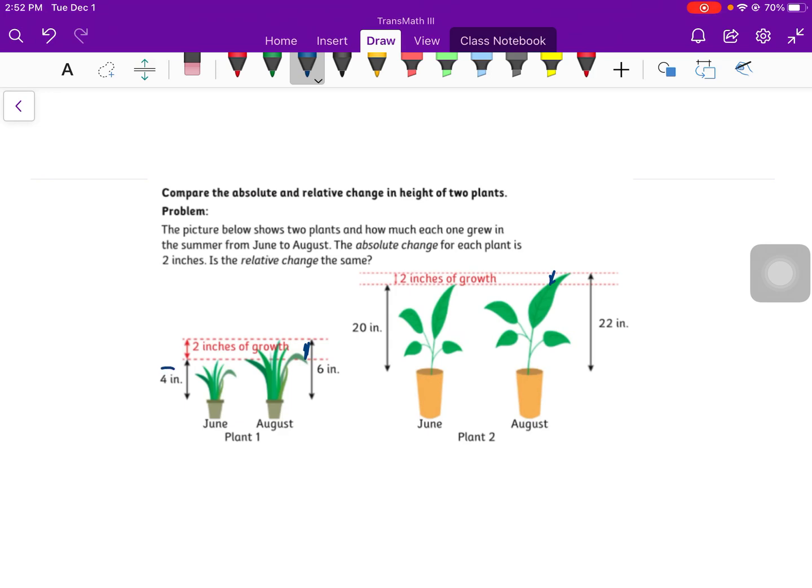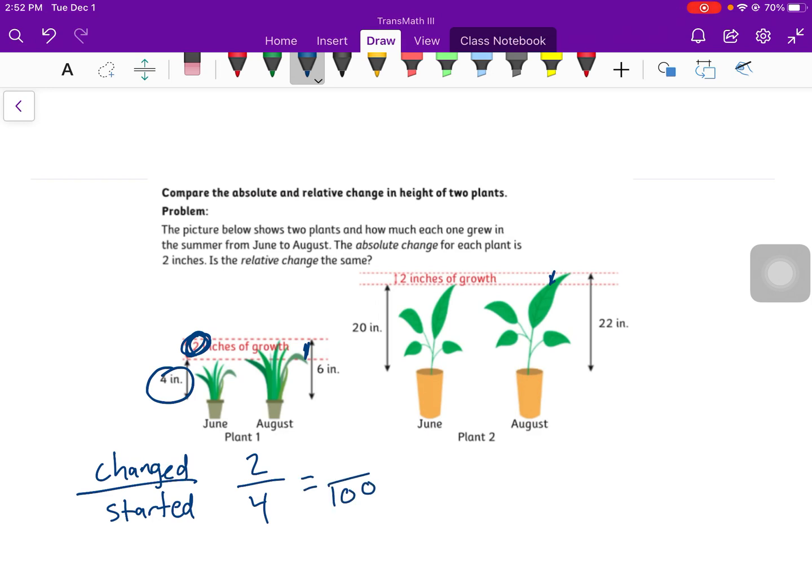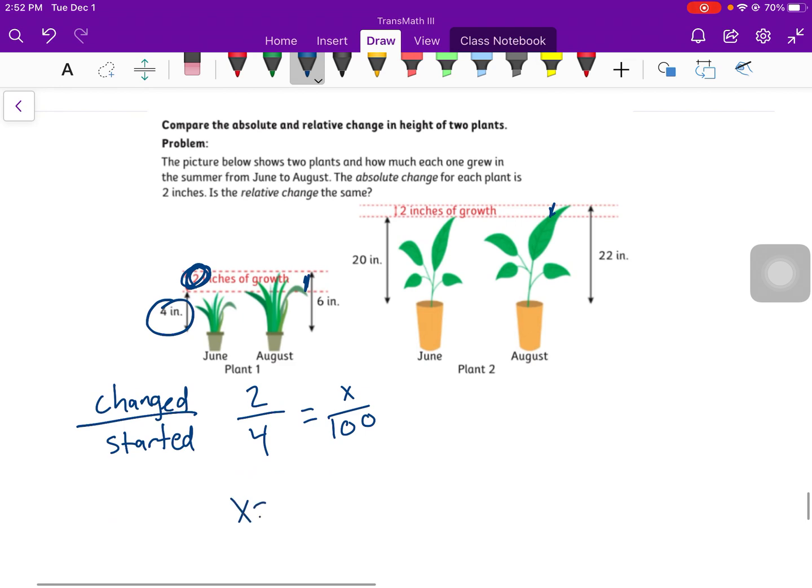So the percent growth, we compare from the original. So this one started at 4 inches and then went to 6. So the change was 2, so I need to find a percent. So I'm going to take how much it changed over where it started. So it changed 2 inches and it started at 4. As a percentage, this would be 50%. Okay, multiply by 25